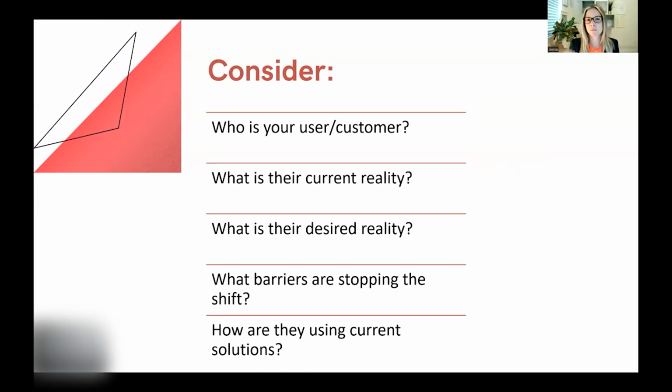After that, start thinking about the barriers that are stopping them to make this shift. So where they're at now, where they want to be, what's stopping them getting there? What are the barriers? What are the solutions out there that just aren't fit for purpose at the moment? And then finally, how are they using current solutions? So those barriers are probably linked to those current solutions. So what is it that they're doing with those current solutions at the moment? And there's going to be something missing there. There's going to be something that's missing that's stopping them getting to that desired reality. So again, we're not going to spend loads of time on this together, but you can take these questions away and go into a lot more detail on what that might look like. So that's your user story.